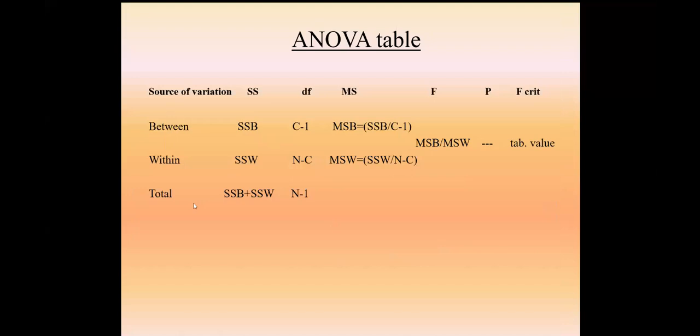The degree of freedom for within will be N minus C, that is total number of cases minus number of columns. And the degree of freedom for total will be N minus 1. Then the mean of square